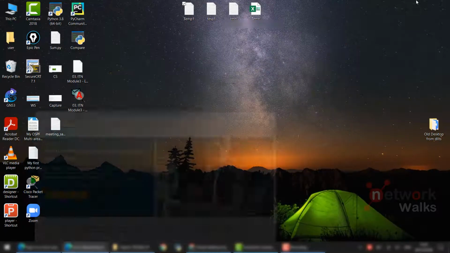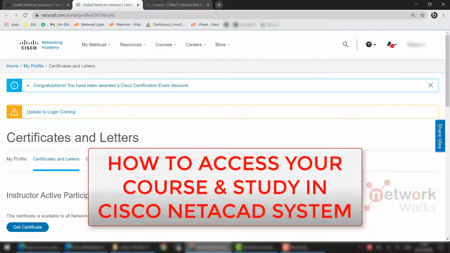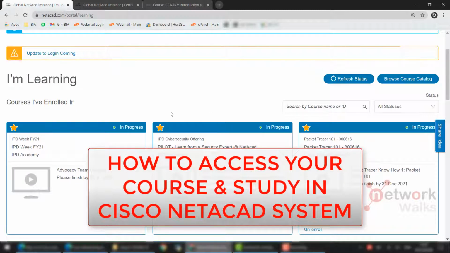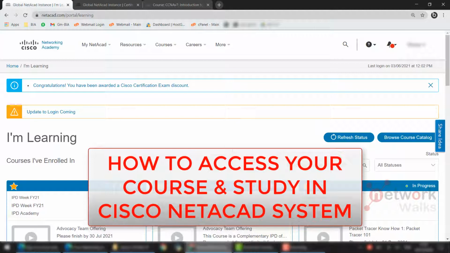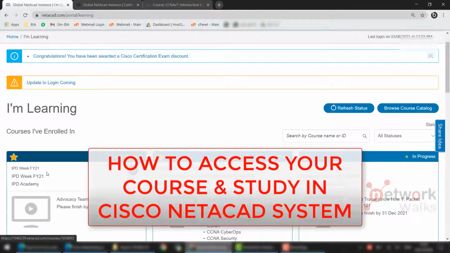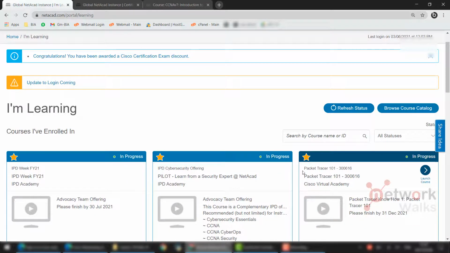So once you are logged into the system, your interface will look like this one. You will see your courses, you will see everything, right? Now if you want to go into a course, you have to browse through and open the course. There you might see more than one course.